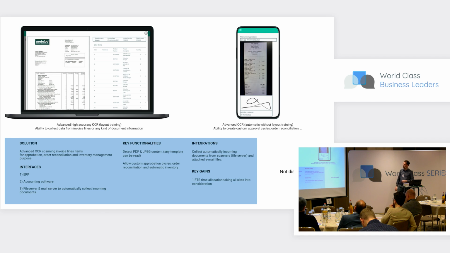We are doing some OCR on invoice lines. That's very important because a lot of tools are doing OCR at the header level. Here we are really going line by line, getting the exact information that we want, and then we can trigger a workflow, a validation workflow, for example because you don't have that item in your stock, so it means you are getting an invoice for something you didn't receive. So that is replacing the manual process of someone checking each line.